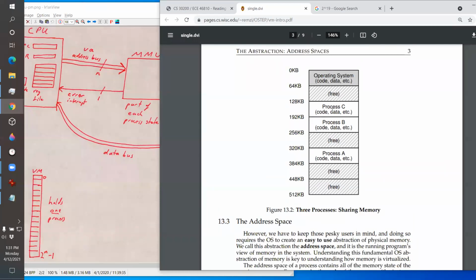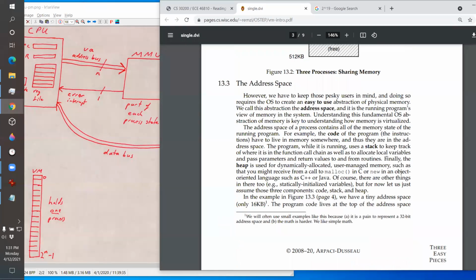Because as processes come and go, memory will get fragmented. There's no way to avoid that. When process B terminates, he'll leave a hole, next to another hole. Maybe when a new process comes in, that hole is big enough for it, but maybe that hole is not big enough and you want to move process A to make a bigger hole, okay? So